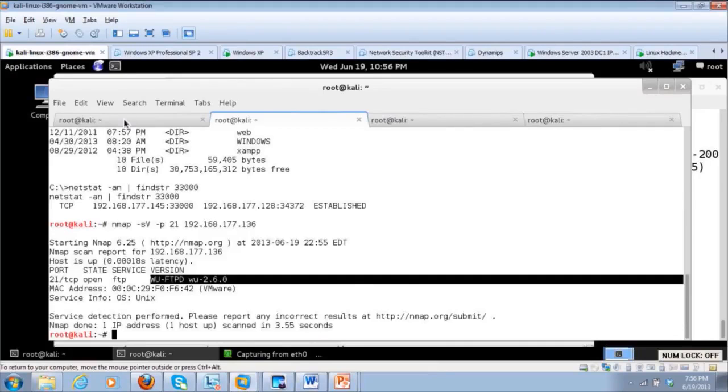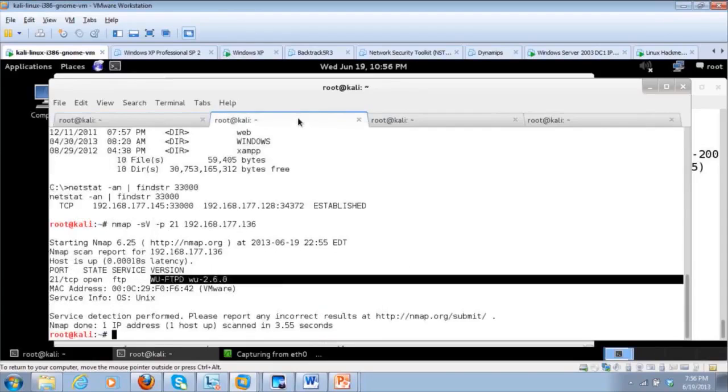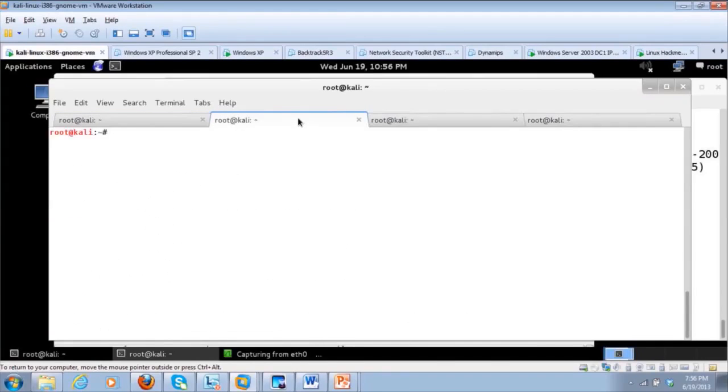We'll go back over here and look. The scan has finished. Now it's still going. That's why we went back and only looked for one port. So now I'll clear the screen, get it looking nice and pretty again. Now what we're going to do is go into